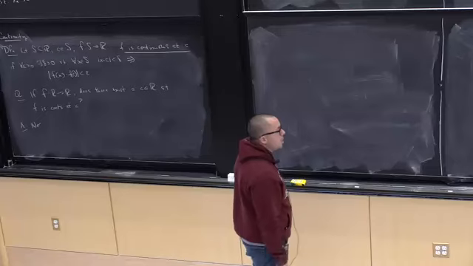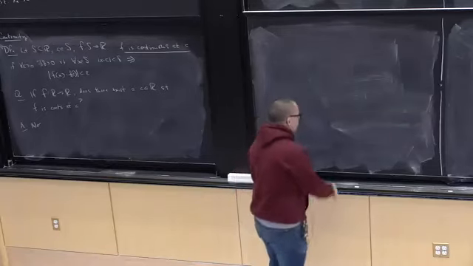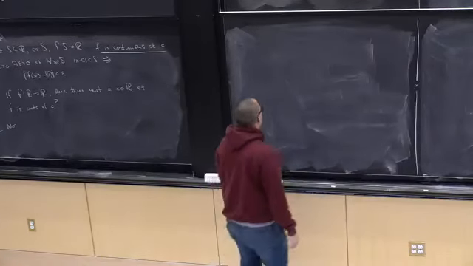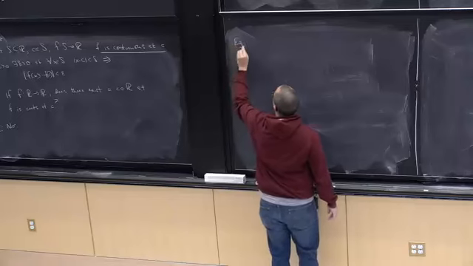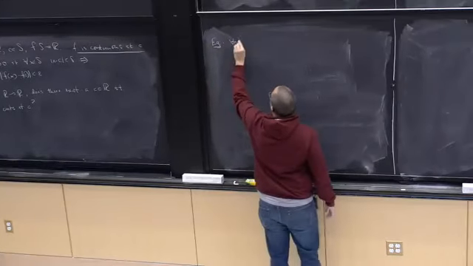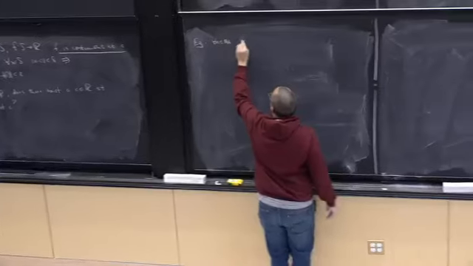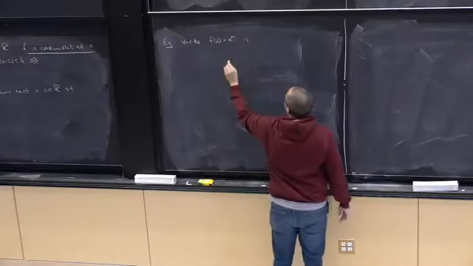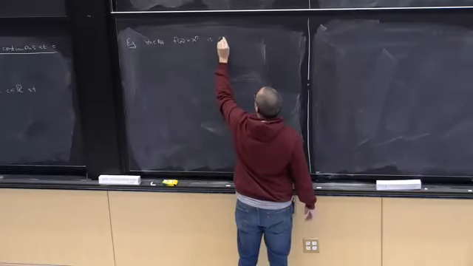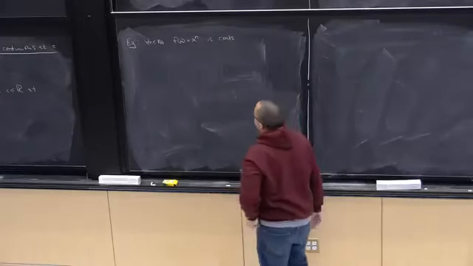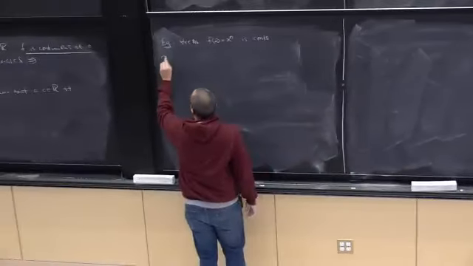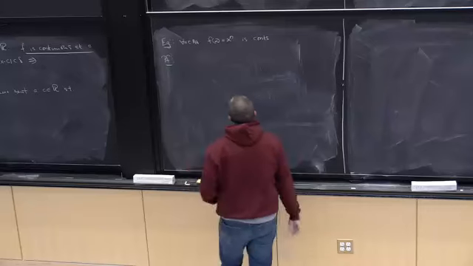As a consequence of this, we can use this to give more examples of functions which are continuous. So, for example, for all n a natural number, f of x equals x to the n is continuous as a function for x in R. Okay? So what's the proof? We can do this by induction.